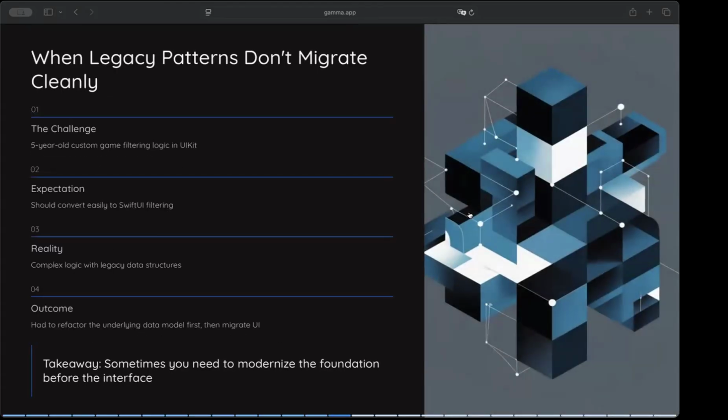And here's another scenario where I learned an important lesson about technical debt during a migration. MyGames database had 5 years of accumulated custom filtering logic built around UIKit patterns and older data structures. I expected Claude Code to simply update the core data model and create the new, migrated SwiftUI filtering all at once. But